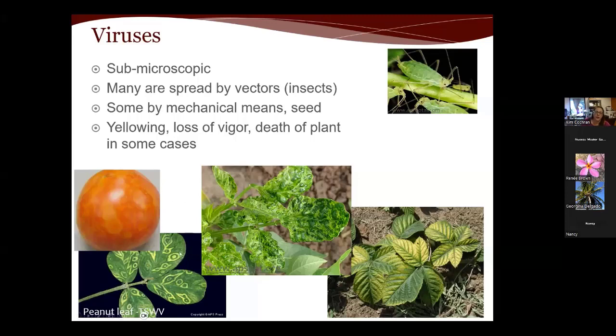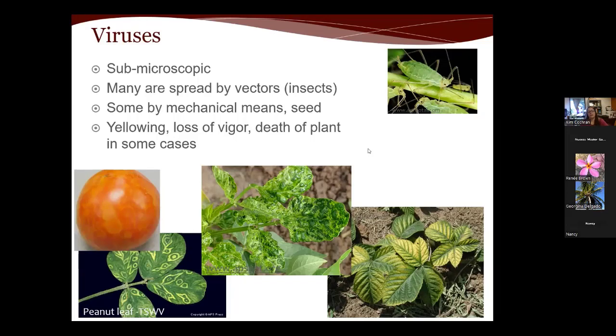All right, so we do have a little small topic to cover about virus naming. It can be a little confusing when you're looking at virus names, and you might have come across this in seed catalogs or on the little tags when you buy certain plants. Like on tomatoes, you'll see tobacco mosaic virus resistant, for example. Well, why would you care if it's tobacco mosaic virus resistant? Well, that's because a lot of